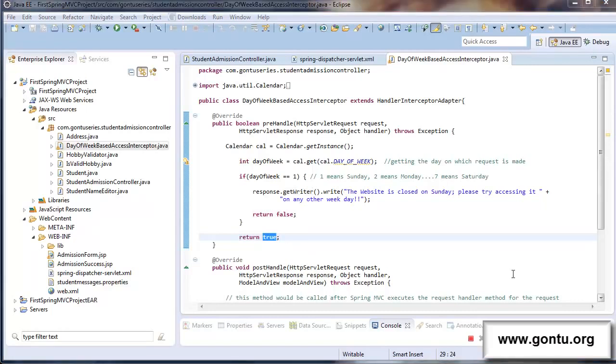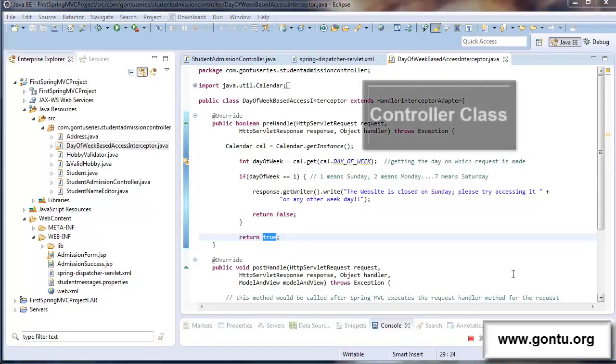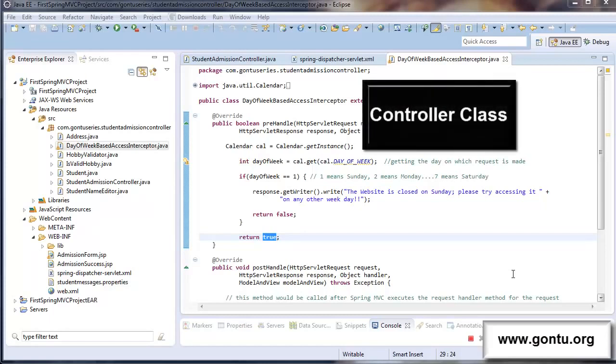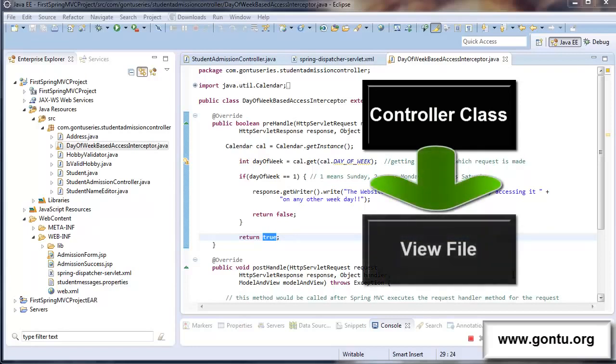First, it makes a call to an appropriate request handler method which would be present in some controller class in the application. And then it makes a call to an appropriate view file, and whatever outcome or response object the view file gives to the application,